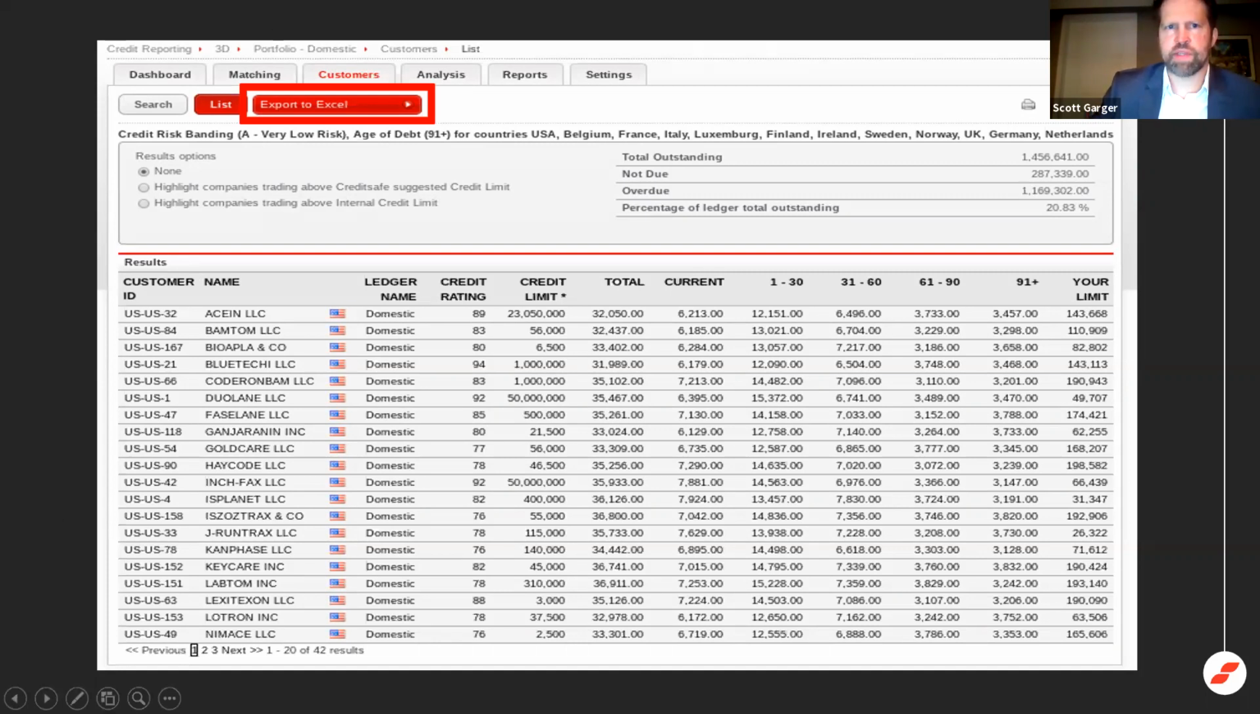And when I export it to Excel, it's going to pull out the Creditsafe credit rating, along with obviously company information, your aging data, as well as your internal limit versus the Creditsafe recommended credit limit. So a lot of things, strategically, that I won't necessarily get into now, but a lot of things strategically that can be done with that data,